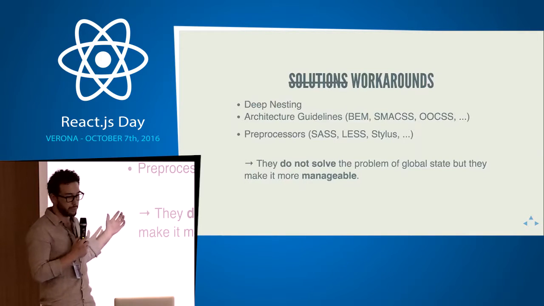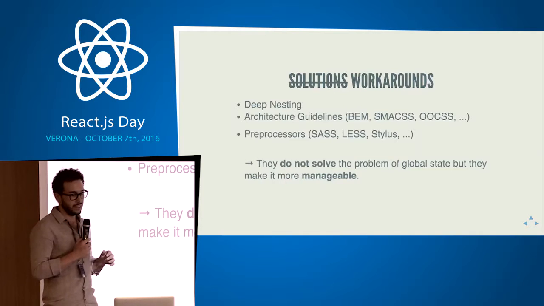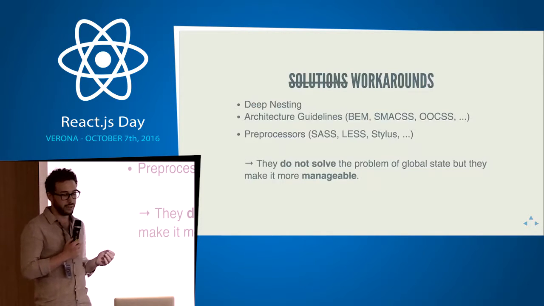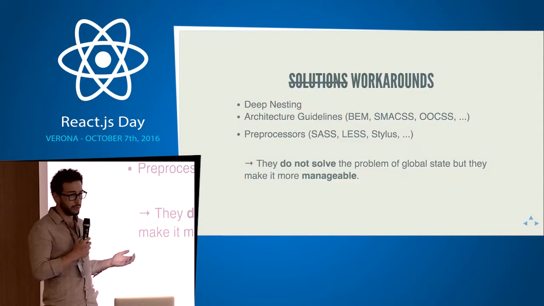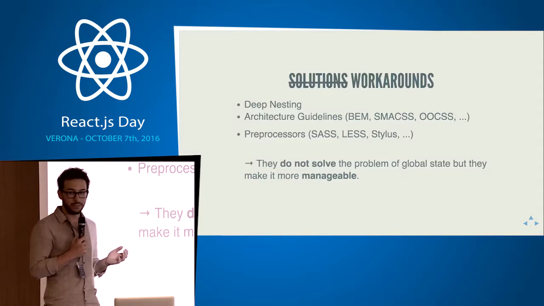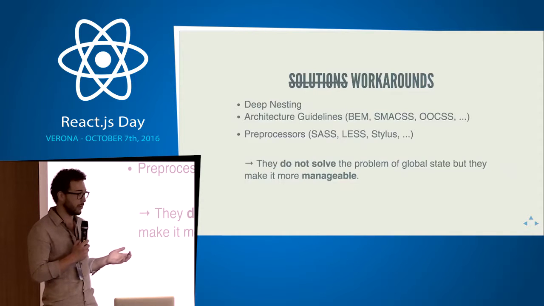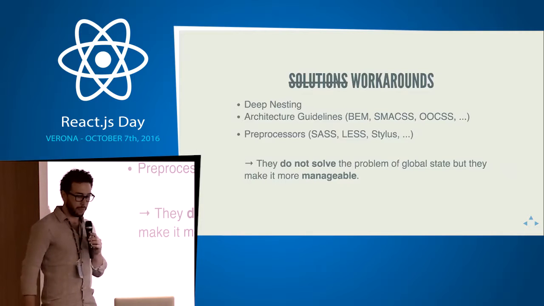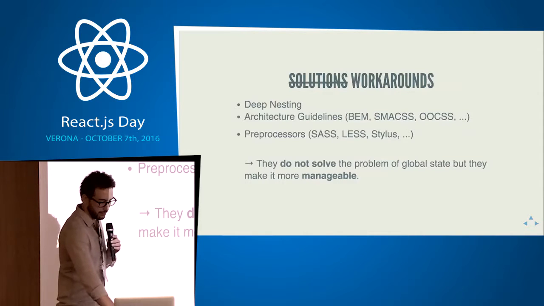And then there are some preprocessors like Sass and Less. They make it easier to write BEM, for example, and they help you with stuff like variables. But all of them do not really solve the problem of global state, right? They just make it manageable or easier or bearable, however you want to call it. So the question is,